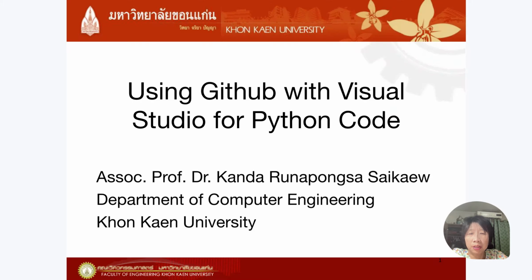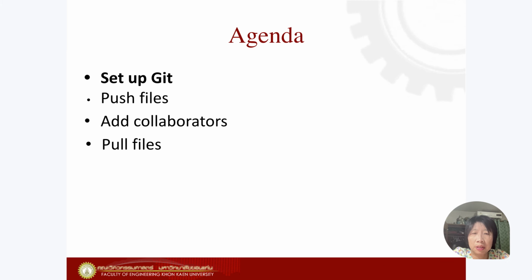Hello, today I'm gonna present about using GitHub with Visual Studio for Python code. So here we're gonna first talk about what is Git and how to set up Git and present how we can push, commit and push files to the repository of Git and then add collaborators,